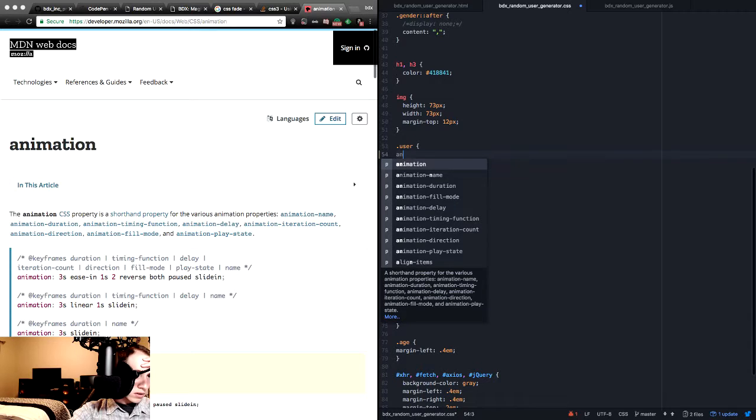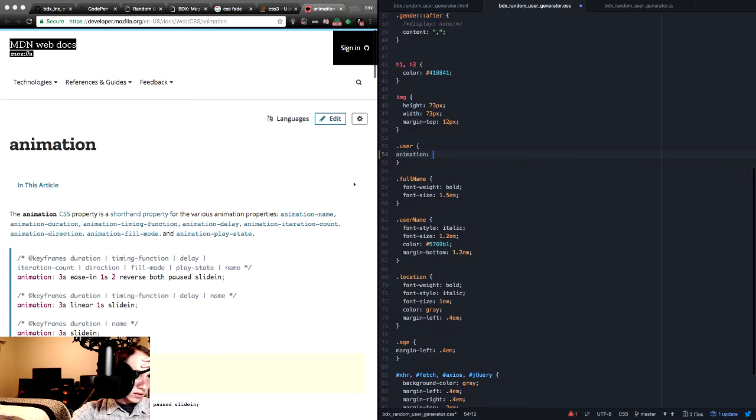Animation name, duration, timing function, animation delay, direction. They have a direction? Specifies whether an animation should play forwards or backwards or alternate. Play state. Just do animation and